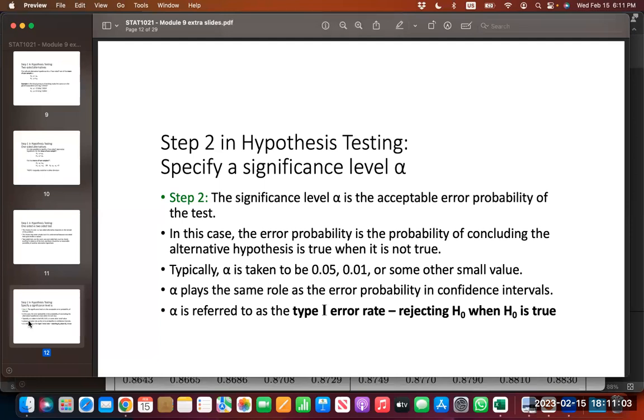Therefore, I have the risk of making a type 1 error, where I say it's different and it's actually not. Or I say it's not different, but it actually is different, a type 2 error. The type 1 error, where I reject the null hypothesis that shouldn't have been rejected,